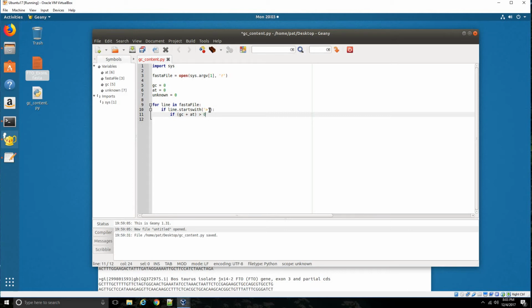So in that first iteration, the first line that we pick up, this is not going to come true here. But this is where I want to actually do most of my calculations. So I'm going to do GC plus AT. That's going to be our total, so the total number of nucleotides that we find. And then our percentage is going to be